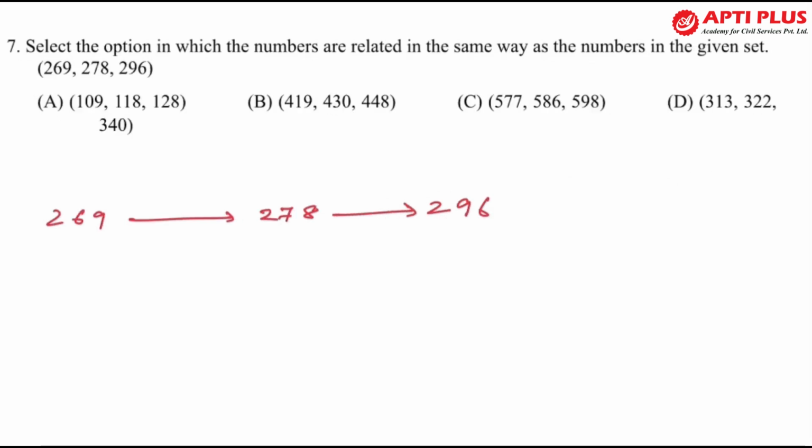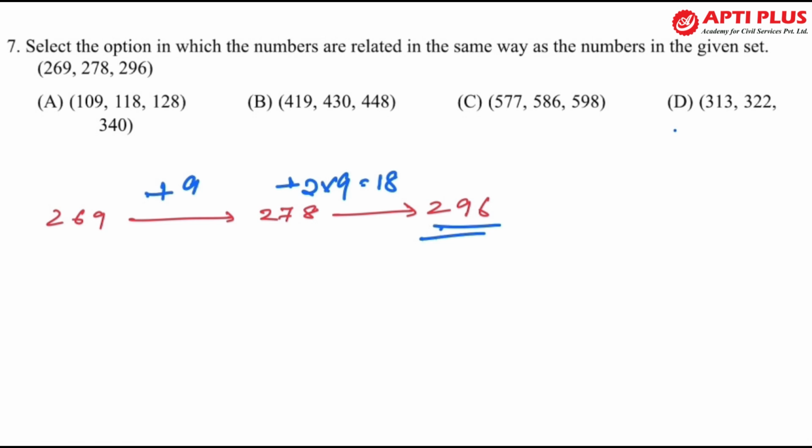Next important question is: select the option in which the numbers are related in the same way as the numbers in the given set. 269 से 278 हुआ है, 278 से 296 गया है. So the logical pattern you will find here is 269 plus 9 is how much? 278, right? And if you multiply 9 into 2, 9 into 2 is how much? 18. So if you add 278 plus 18 you'll find that, and if you go by the options